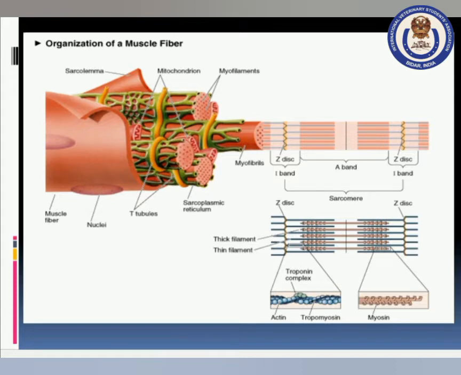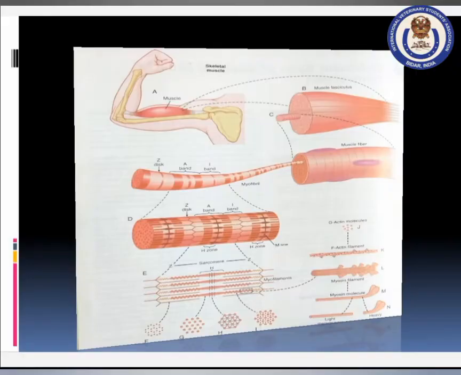Each organized skeletal muscle in our body is made up of a number of muscle bundles or fascicles held together by a common collagenous connective tissue layer called fascia. Each muscle bundle contains a number of muscle fibers. Each muscle fiber is lined by the plasma membrane called sarcolemma, enclosing the sarcoplasm. Muscle fiber is a syncytium as the sarcoplasm contains many nuclei. The sarcoplasmic reticulum of the muscle fiber is the storehouse of calcium ions. A characteristic feature of the muscle fiber is the presence of a large number of parallelly arranged filaments in the sarcoplasm called myofilaments or myofibrils.